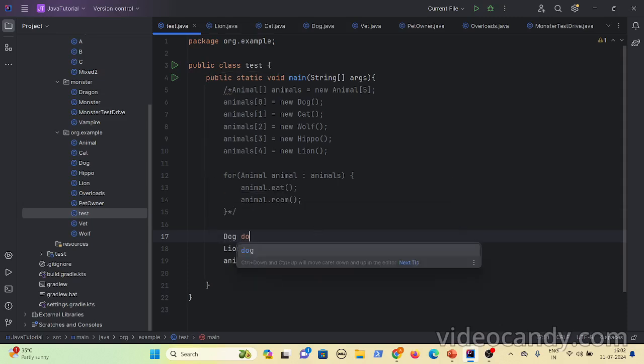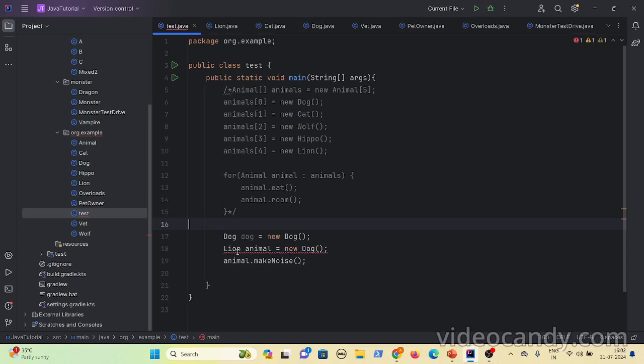Let's say I do dog = new Dog and pass lion, it won't work because you are using the concrete reference types, not the superclass reference types. So it's always better to use the superclass reference types instead of the concrete reference types.